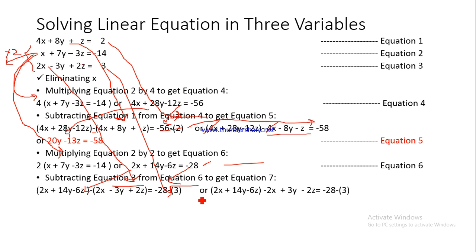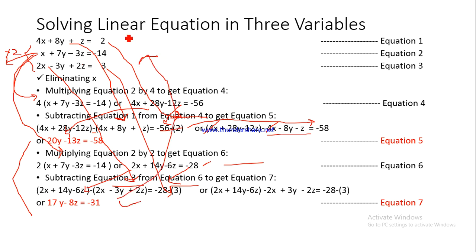So this again, when you do the calculation, this would result into this particular equation, 7y minus 8z is equal to minus 31, and this would be your equation 7. And now again we have got two equations which are in two variables, and I can use these two equations to find out the value of these two variables y and z. Once I've got y and z, then I can put these values of y and z in any of the equations here and find out the value of x, and then I'll have to check also,